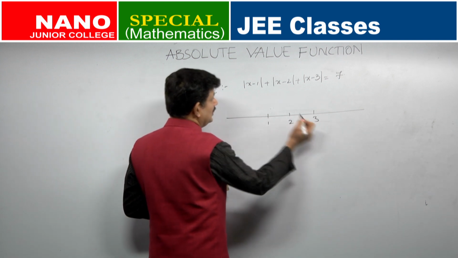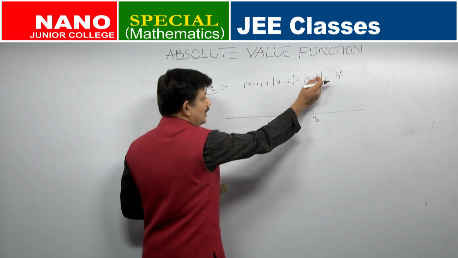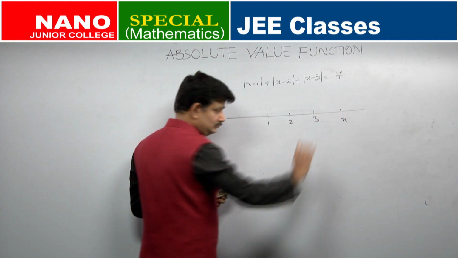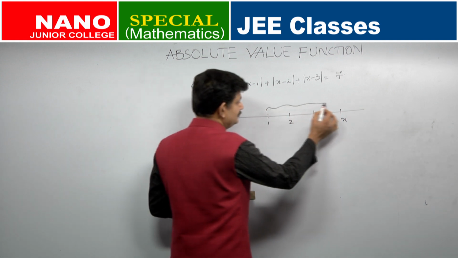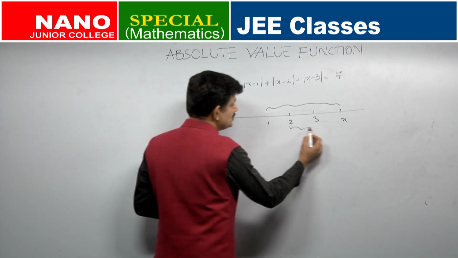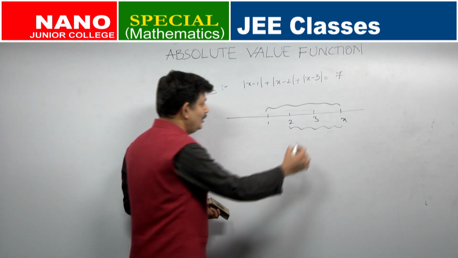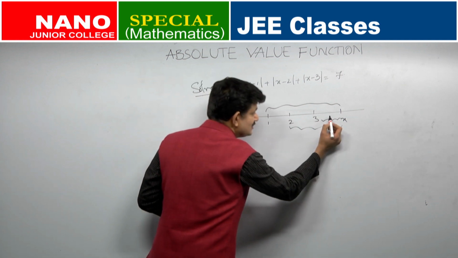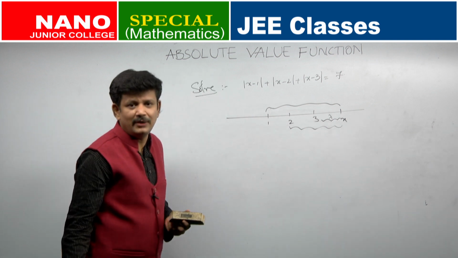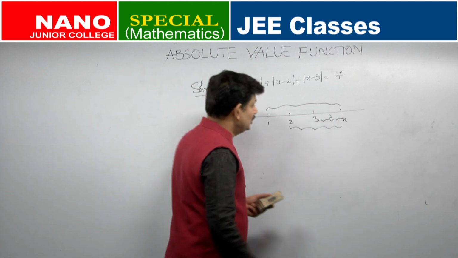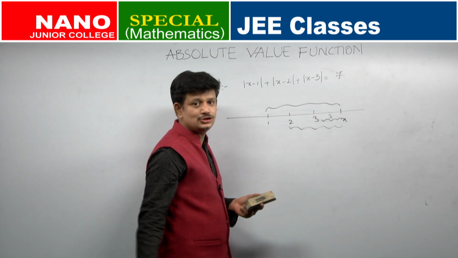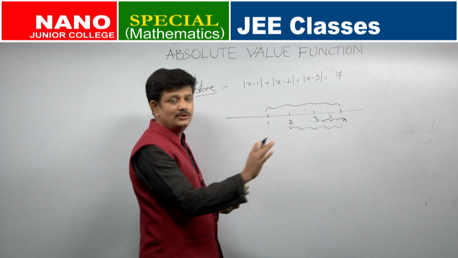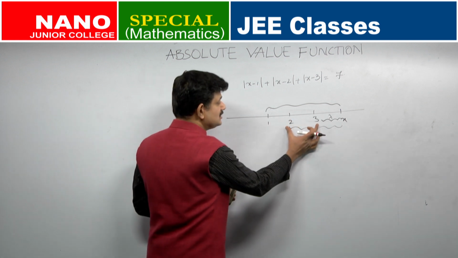1, 2, 3. I have to cut the number line at 1, 2 and 3 to understand distances from 1, 2 and 3. So, I want a number whose distance from 1 plus whose distance from 2 plus whose distance from 3 is equal to 7. Let me call this distance lambda. Keep it in mind that this distance is lambda. So, the sum of these 3 distances should be equal to how much? 7. So, from this 7 remove all the distances which you know. How much is this distance? 1.